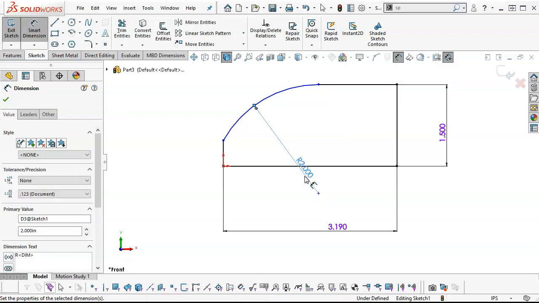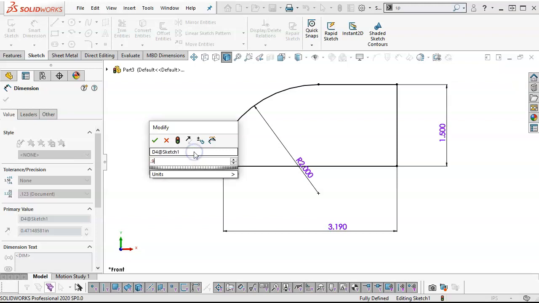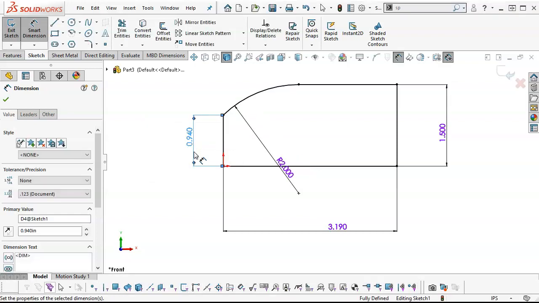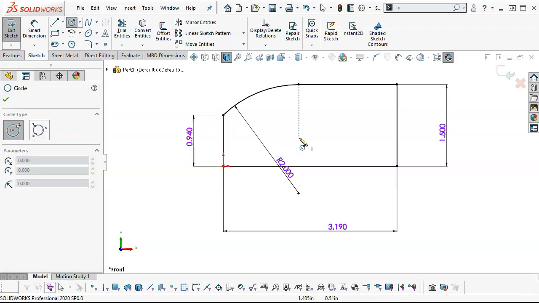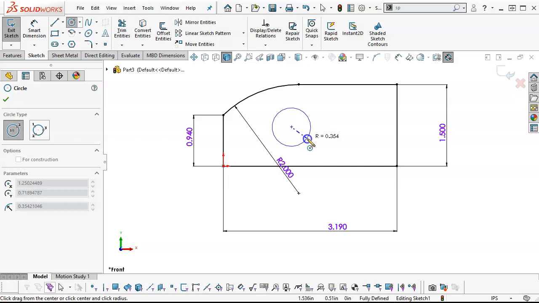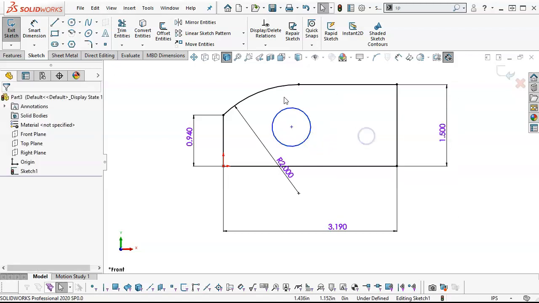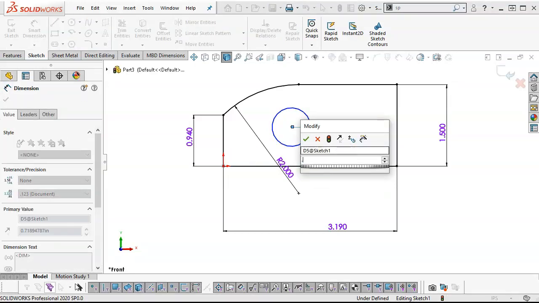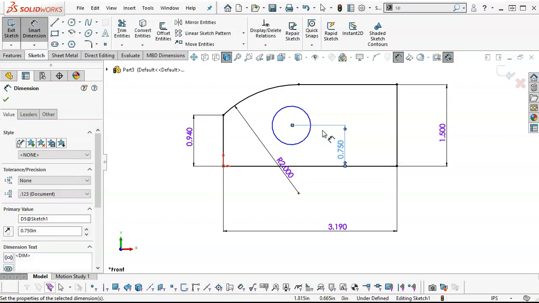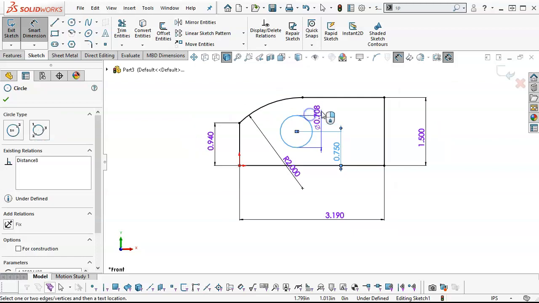One of the other things to note that I'll mention again is I want you to get into that sense of pace and speed, because that's one of the most common issues with the CSWA and the CSWP: running out of time. So I'm not holding back as much as maybe I should, but the expectation is that you're going to get a sense of how fast you should be going